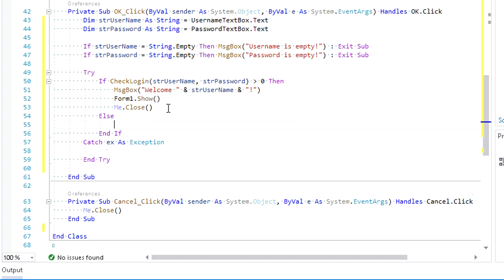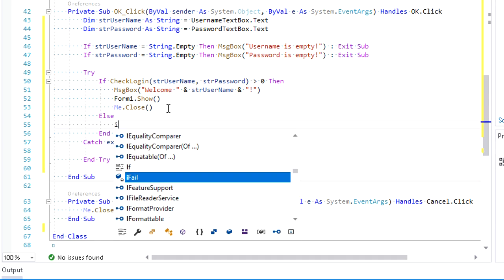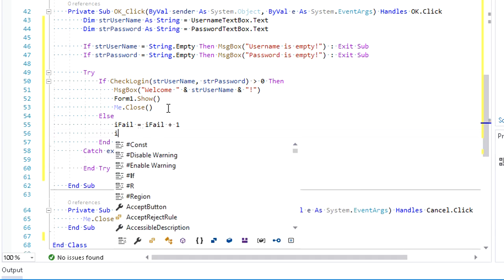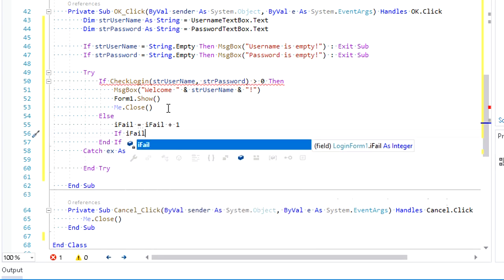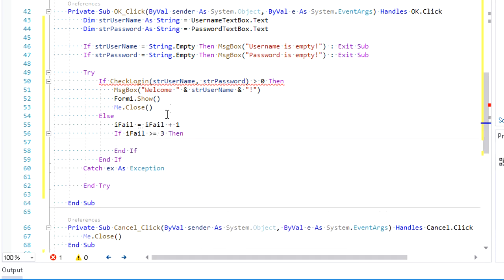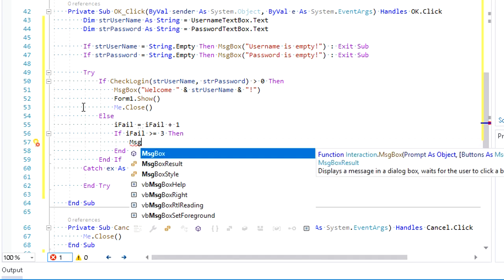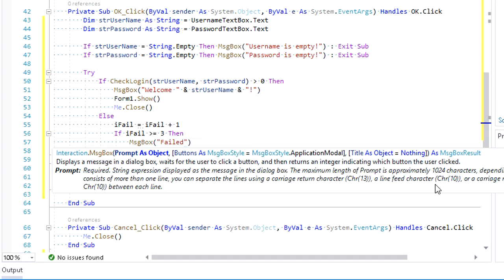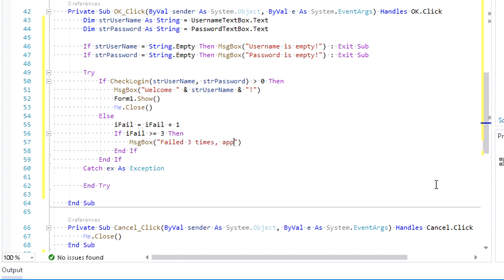The else condition below is to handle failed login. The iFail variable value will increase by 1 to count failed logins. When the iFail value is more than 3, give a message to tell that login failed more than 3 times, then the application will be ended.